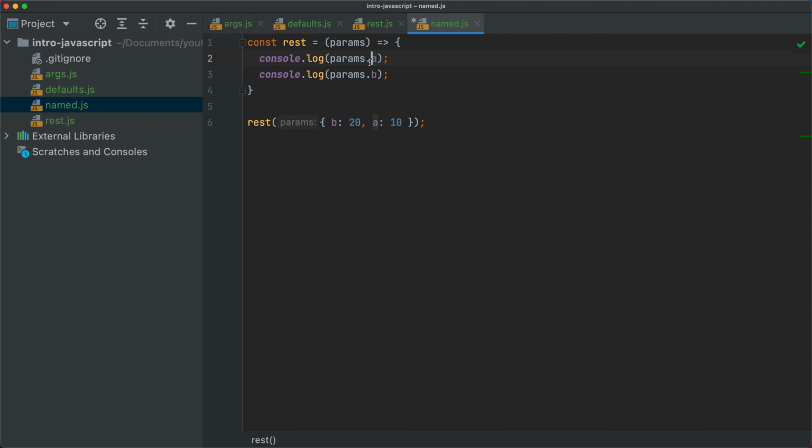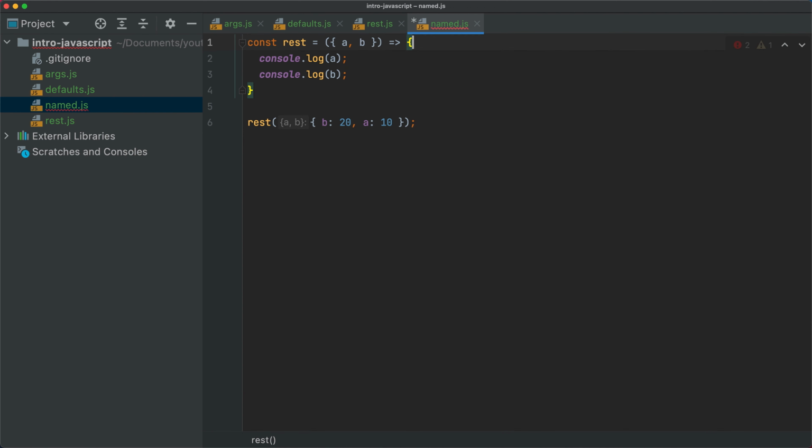Another thing we can do here is, instead of calling this just params, we can actually use destructuring to access both the properties A and B directly from the function parameters. We don't need to actually call this params, or we could actually make something like this. This would be one possibility: const { A, B } = params, like so, and this is destructuring. We're going to talk about this a little bit later, and also when we talk about objects, but this would be one way of extracting the properties A and B directly from params, and I can move this to actually